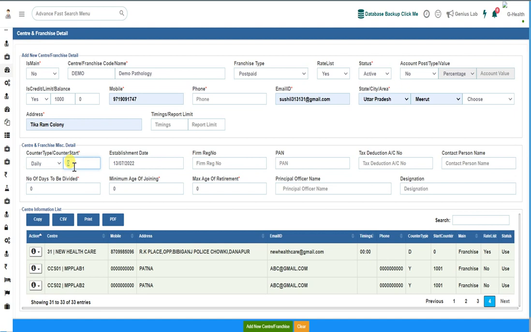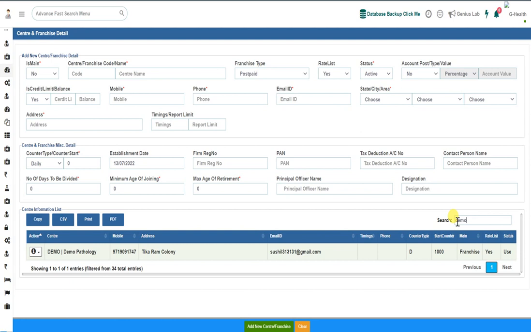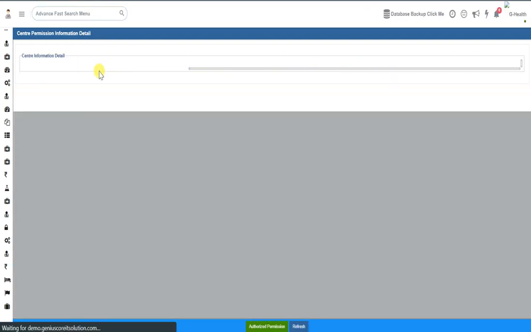The counter will start, like if the first patient comes today, then the number will start at 1001. You should set it according to you, like daily, monthly or yearly, and then click save. The center will be created, or you can say the franchisee will be created at demo pathology.